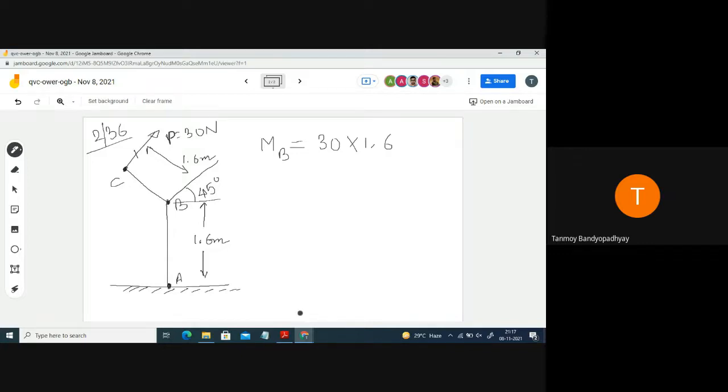I mean, because this load has been applied perpendicular to this element BC, that is why this one is perpendicular to this one. So directly you can make it like 30 into 1.6 and you will be getting the answer. So you are getting the answer to be something like 48 Newton meter. So this is actually clockwise. Okay? So clockwise we generally take as negative, okay? So it's a negative moment actually. So you can understand that it's a clockwise moment. So that is why I have mentioned it as negative.